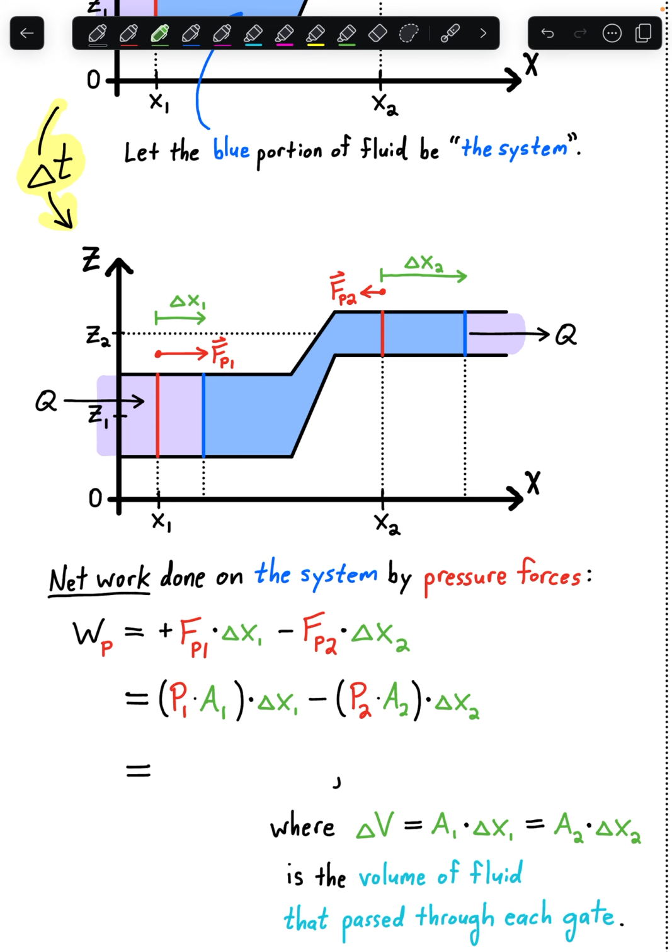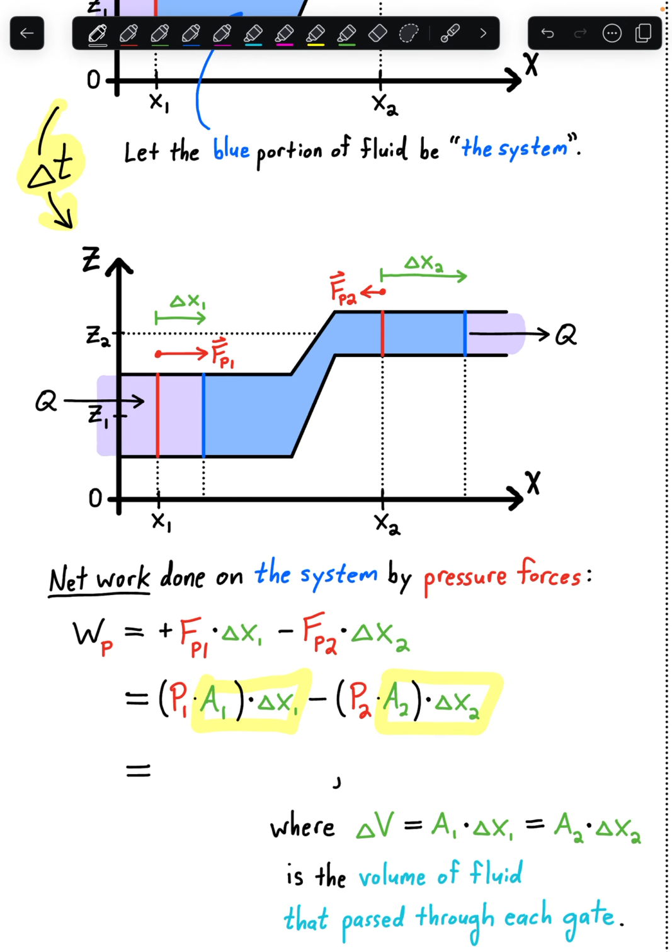And with these two expressions, I'm going to note that A1 delta x1 and A2 delta x2 are the volumes of fluid that have passed through gate 1 and passed through gate 2. And since our fluid is incompressible, the volume that passed through gate 1 must be equal to the volume that passed through gate 2. So these two expressions are equal. We're just going to call these both delta V, and then we can write that the net work done on the system